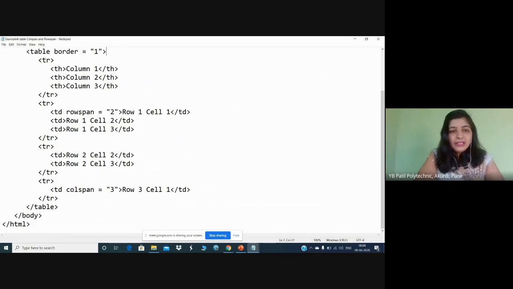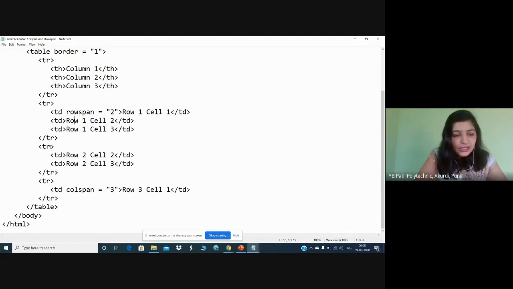Here I have given the row span as 2. See, whatever value you specify here, that many rows will be merged into one cell. So this value indicates I want to merge two rows in a single cell. Here I am going to add the next data items as row 1, cell 2, row 1, cell 3.